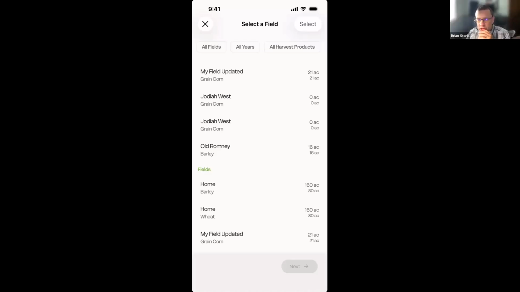As far as changing the crop, if my updated field has corn in it and it changed to beans, you'd have to go to the web today. Also, if you add a second crop to the field, you'd have to go to the web today. We're showing it